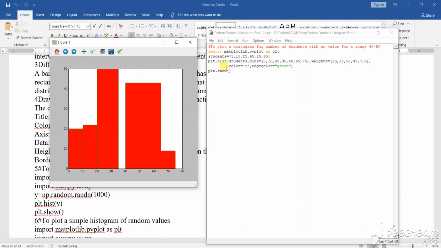So this is how you can see the color. Now I have given the color. In the previous two videos you have seen the histogram, I didn't mention the color. So in this video I have mentioned the color. The color is red. That means the histogram color will come in red. Now each has a different color, made in green. So this is a green color, a particular age has been derived from it.